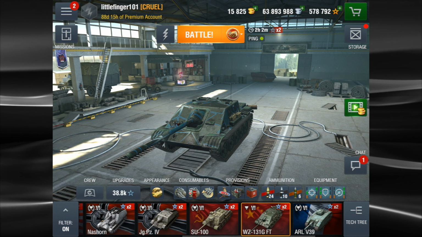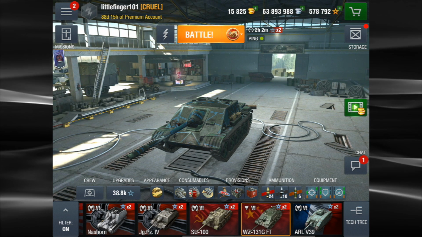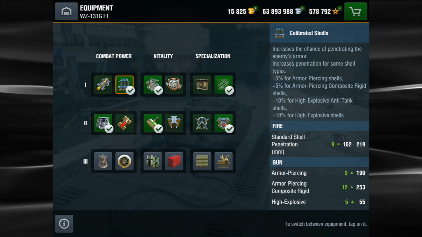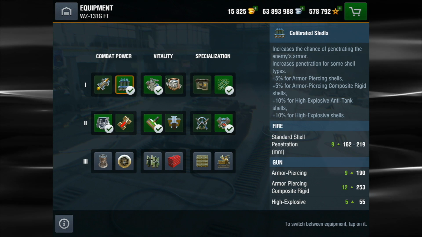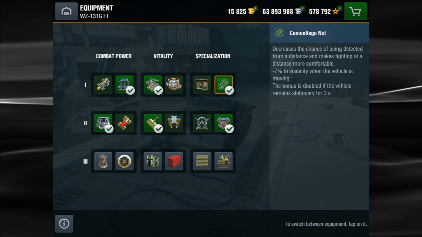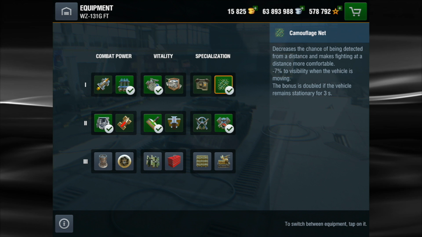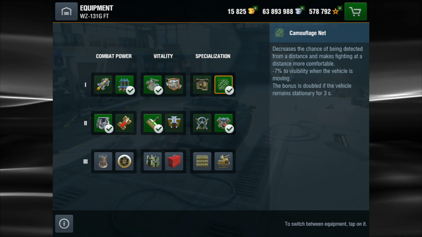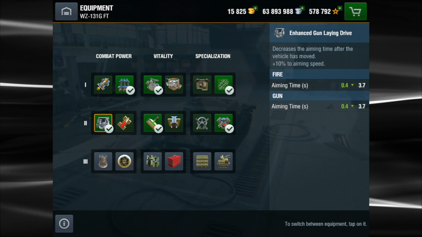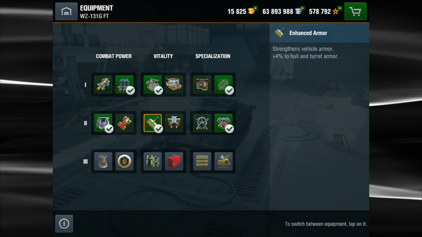so you don't waste too much upgrading. Rule of thumb here for me on equipment is if I first buy a tank, I will fill out the first level. So you can see here, got calibrated shells, improved modules, and camouflage net. When I start to like a tank, then I will fill up the second level, enhanced gun lane drive, enhanced